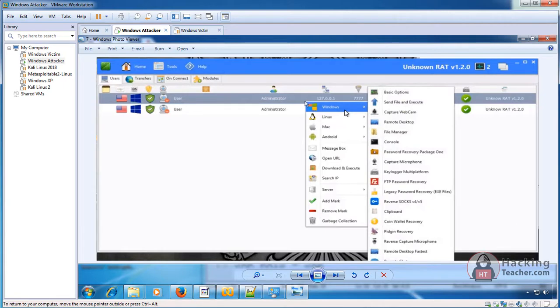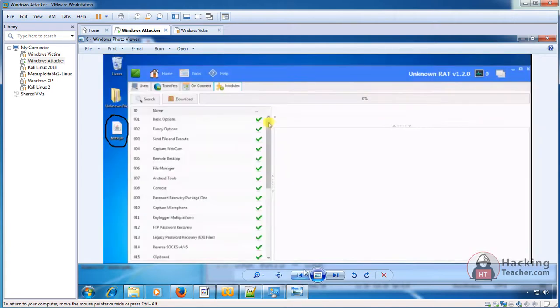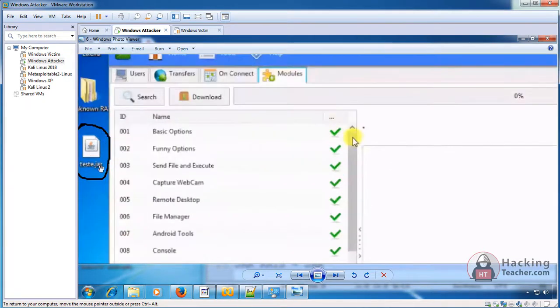But if Java is installed on the victim computer, the file will run. If Java is not installed, it will not run. Still, it's an opener. Java will open the Trojan out of a jar file. If Java is not there, no one can open it. Only exe is the one thing which can open itself. Still the same concept, if you notice. If you use Unknown RAT, this type of jar file it will generate.